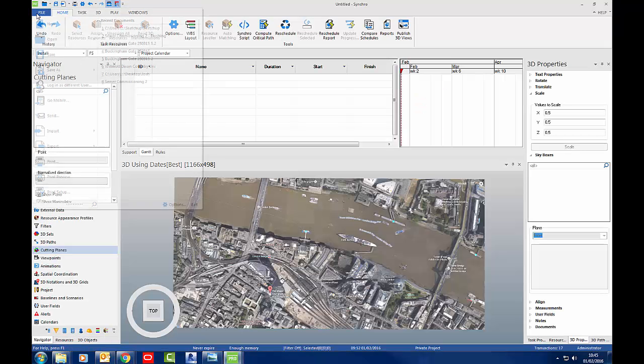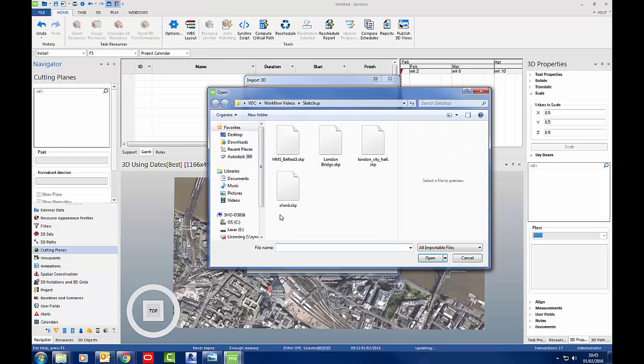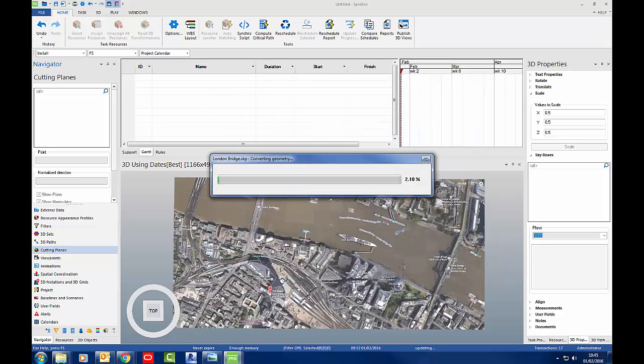Then we go to File, Import 3D, Add Files, find the location of where your SketchUp model was downloaded. We go open, import,